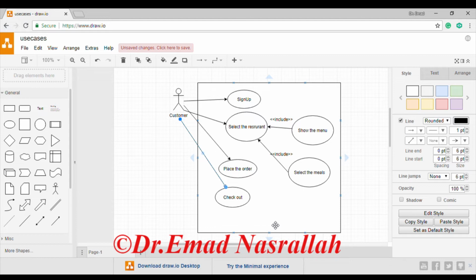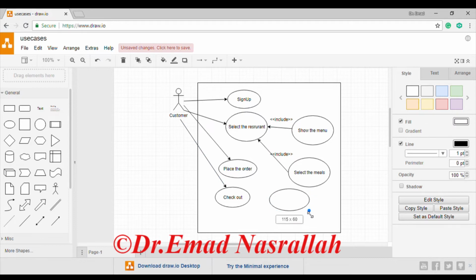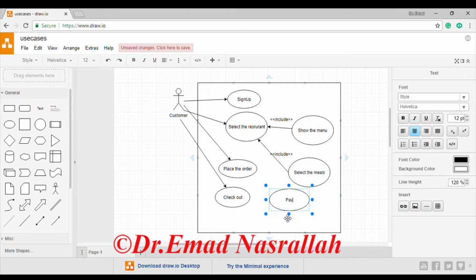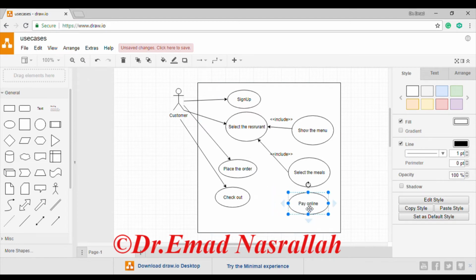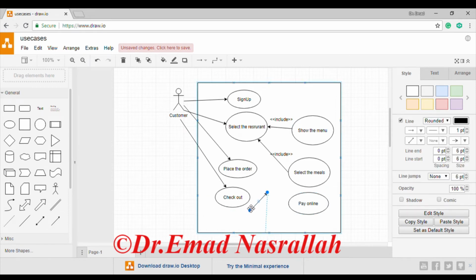After checkout there is a payment, so I'll put another process here, pay online. I'll call it pay online. Now, paying online is depending on checkout, but it's optional. Maybe yes, maybe no. The relation between them, in this case, the direction of the arrow is from checkout to pay online, and